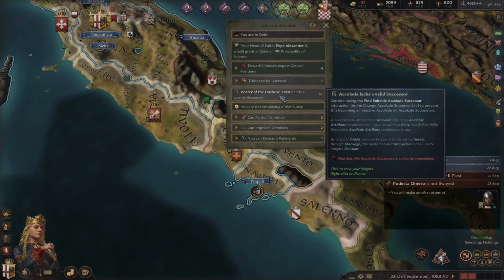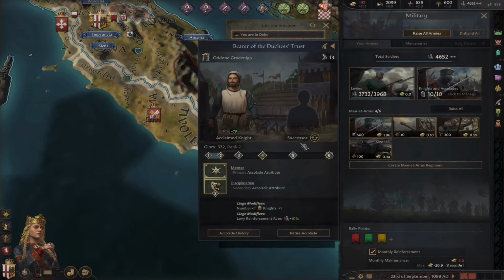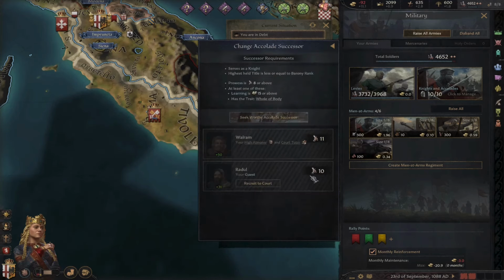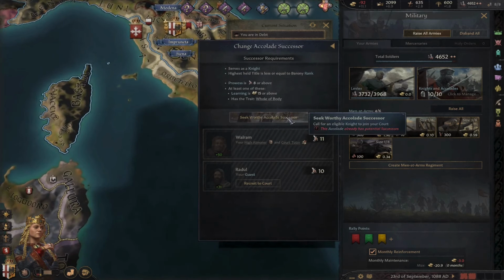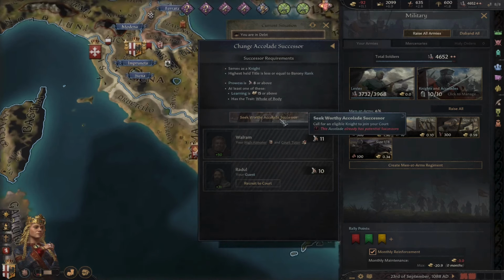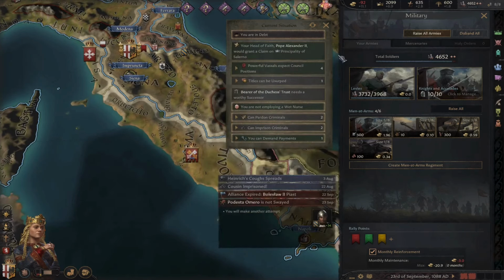Looks like we got a couple decisions to make here. The bearer of the Duchess Trust needs a worthy successor. Wow. Yeah, we just don't have anybody for that right now. And we're in debt, so...